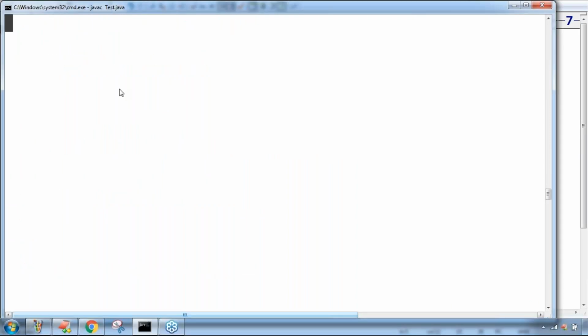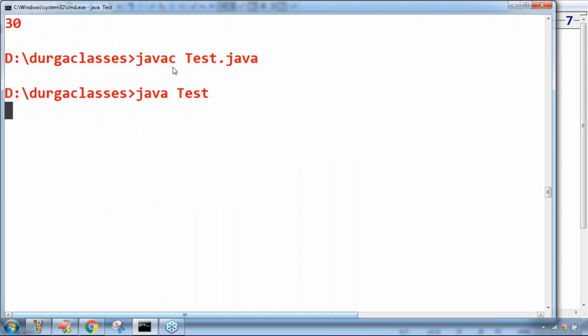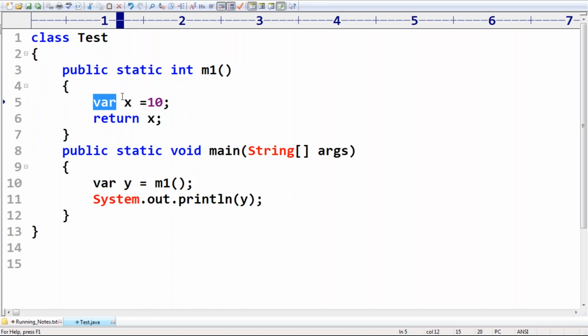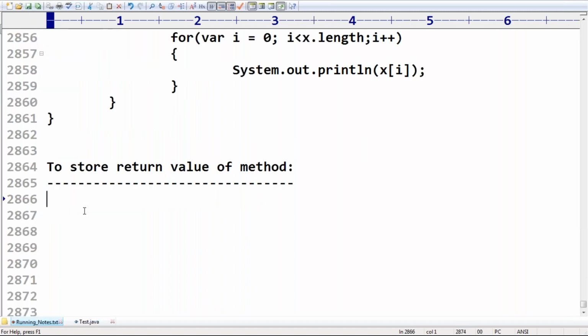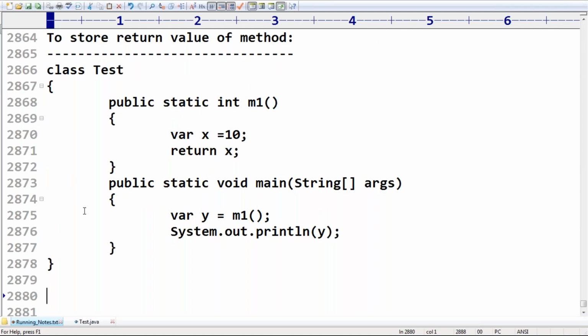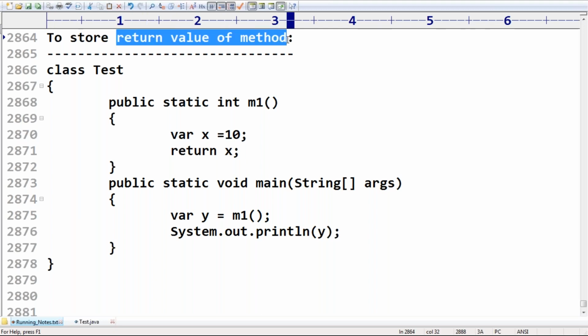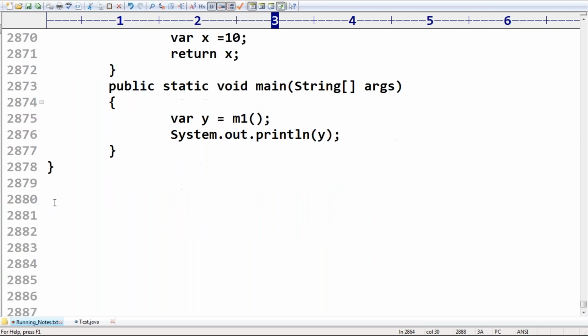Observe that it is perfectly valid. So to store method return values, we can use var type, no problem at all.